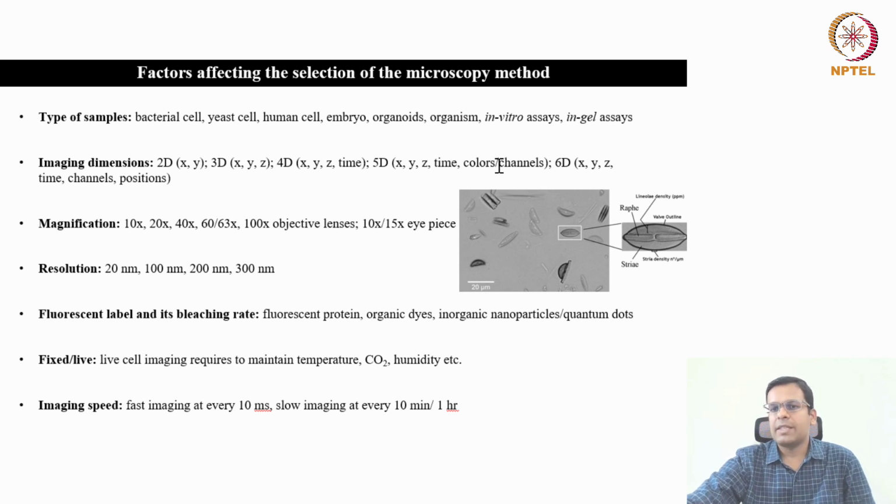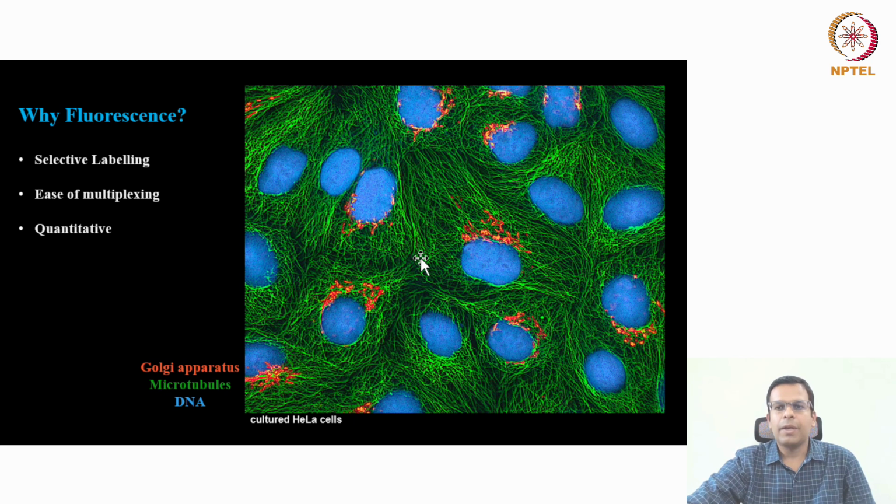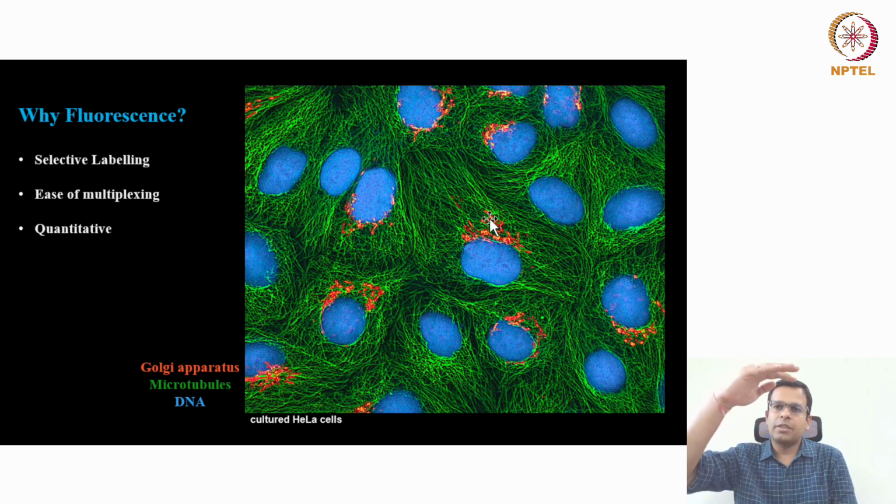Let me show you one example. Let's say we just looked at this image. Now which image is this? Is this 2D imaging, 3D imaging, 4D imaging, or 5D imaging? Here you can see the X and Y coordinates of the image are recorded. Also, this kind of image needs Z stacking because the entire cell volume is captured. It might be possible that in the three-dimensional structure of a cell, some mitochondria are on the top side of the cell, and some mitochondria are on the bottom side of the cell.